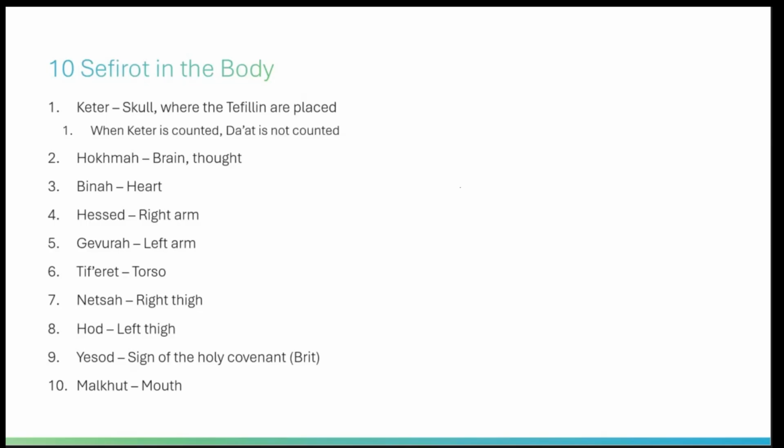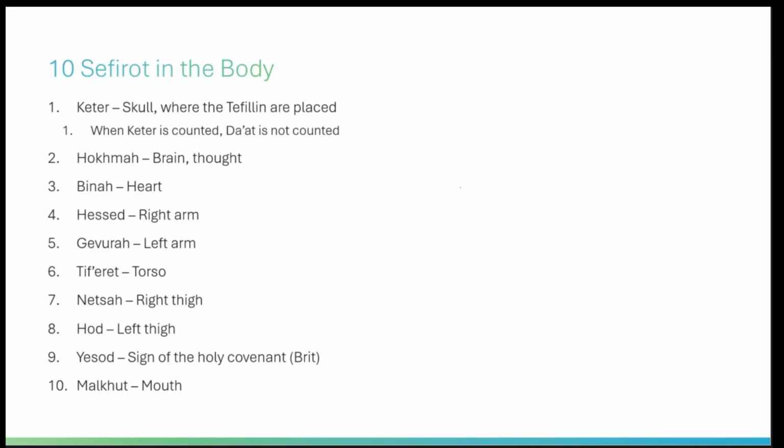We're starting now the Torah portion of Terumah, and Terumah talks about the building of the tabernacle. When you start talking about the tabernacle, Kabbalistically, this part of the tabernacle corresponds to this sefirah, and this part of the tabernacle corresponds to that sefirah. You have the ark, you have the menorah, you have the table. They correspond to different sefirot or different amalgamations of sefirot.